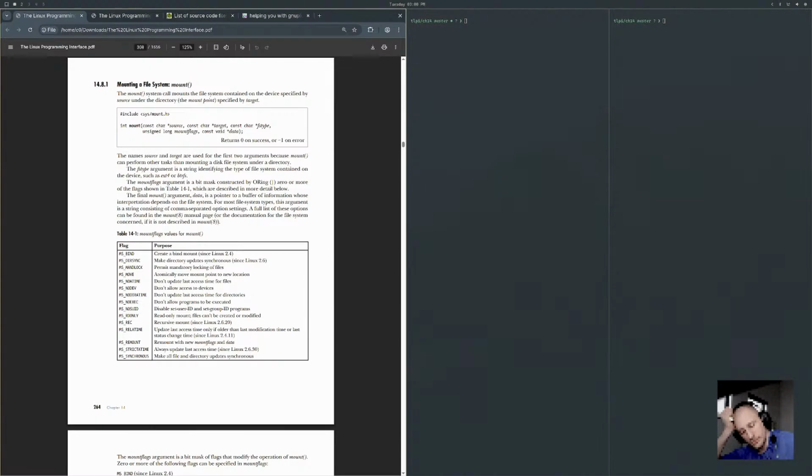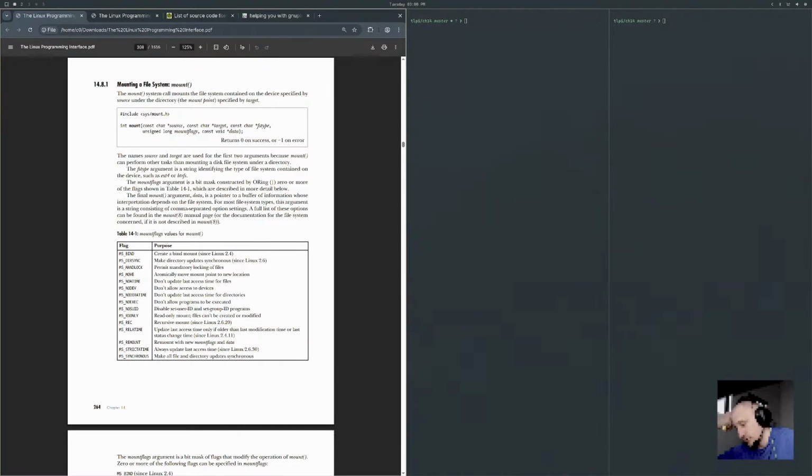Read only, mount files can't be created or modified. Rec, recursive mount. Relatime, update last access time only if older than last modification time or last status change time. Remount with new mount flags and data. Strictatime, always update last access time. Synchronous, make all file and directory updates synchronous. Bet you that has some performance overhead.